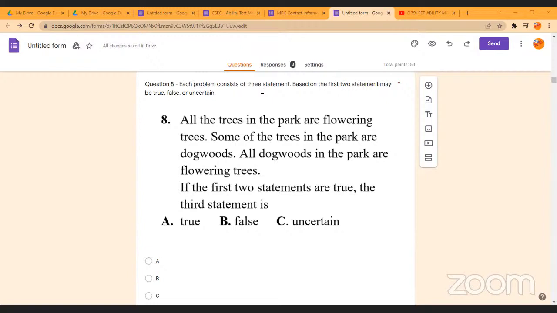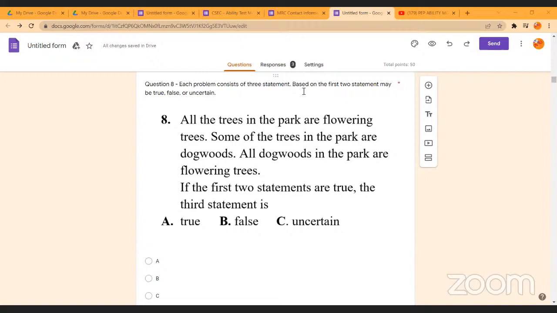If the first two statements are true, the third statement is